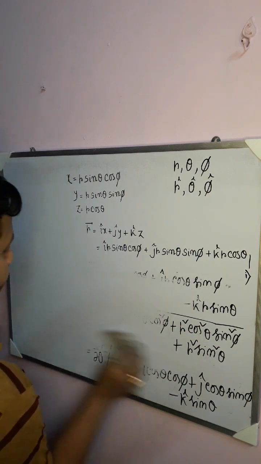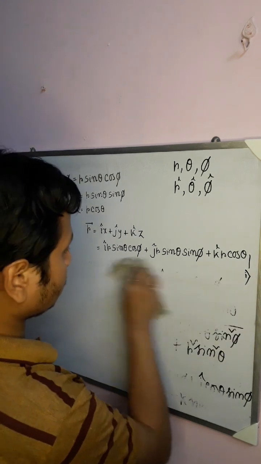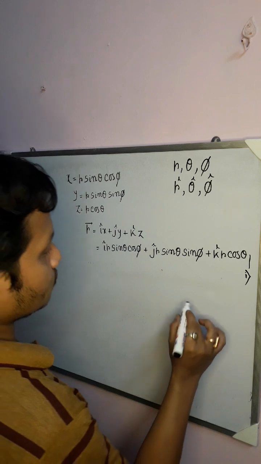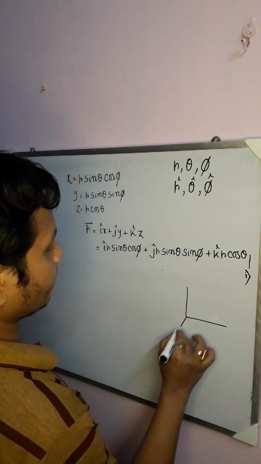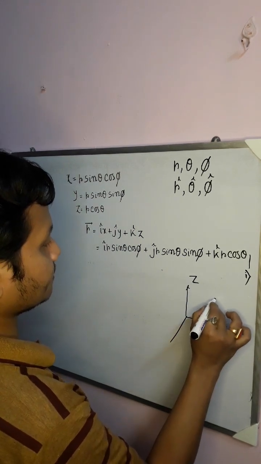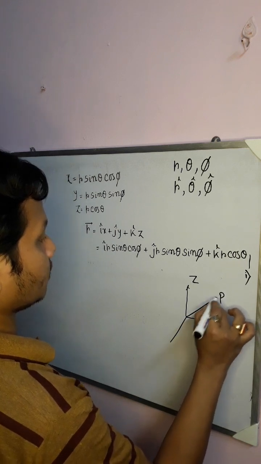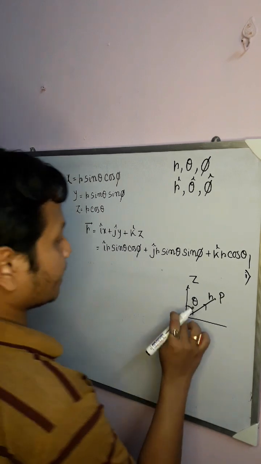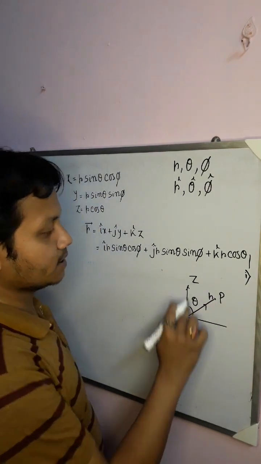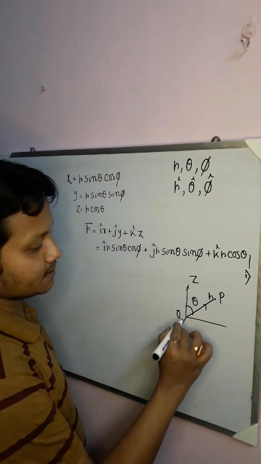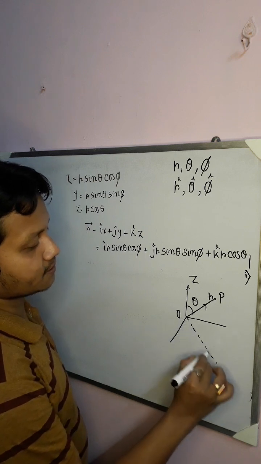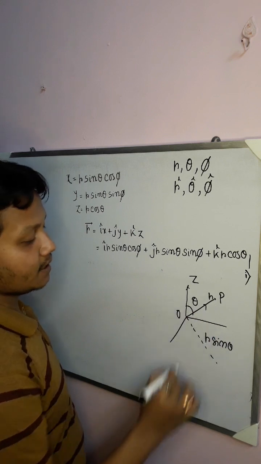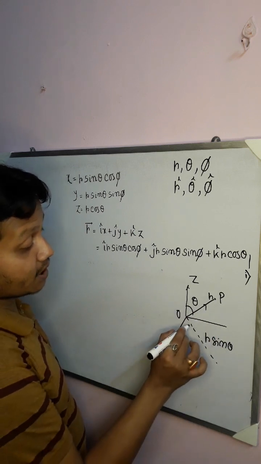Okay, so this is the value of theta cap. If we draw the picture, we take this as the z axis and this is the point P, say. We take this angle theta, that means the angle that OP makes with the z axis, and this is the vertical component along the z axis, which we take as r cos theta, because this is r sin theta. And what is phi? The azimuthal angle is this,